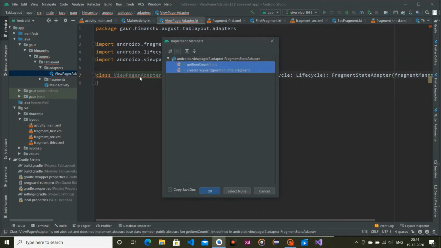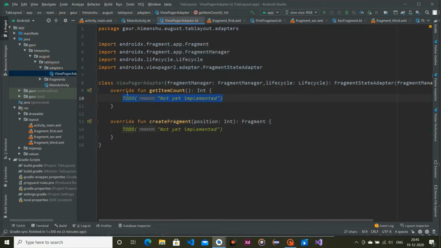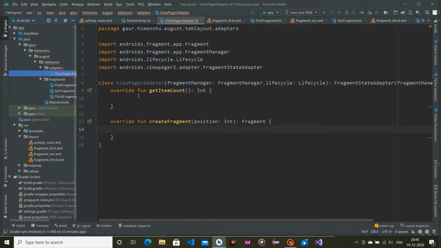So we have to override getItemCount, which will actually return the fragment count, and in createFragment we simply create our fragment based on our position number. Okay, so now we have 3 fragments, so in here we need to pass 3 because we have 3 fragments: first, second, third.